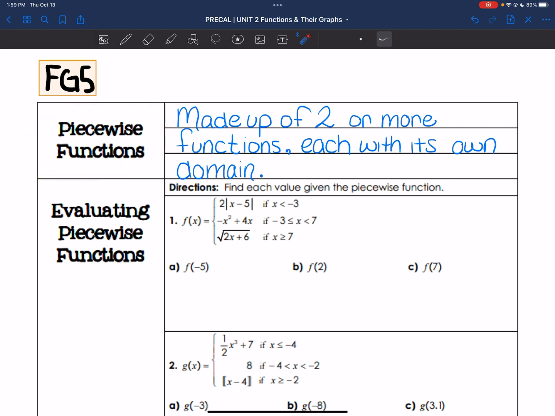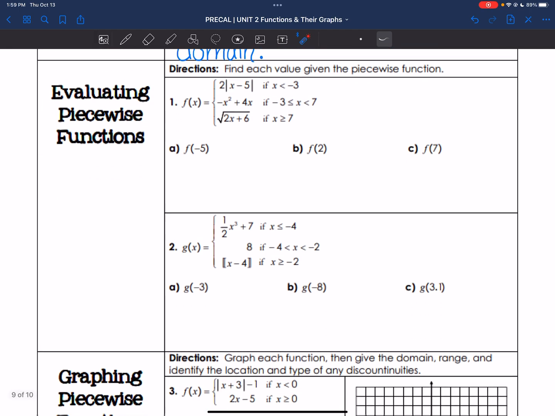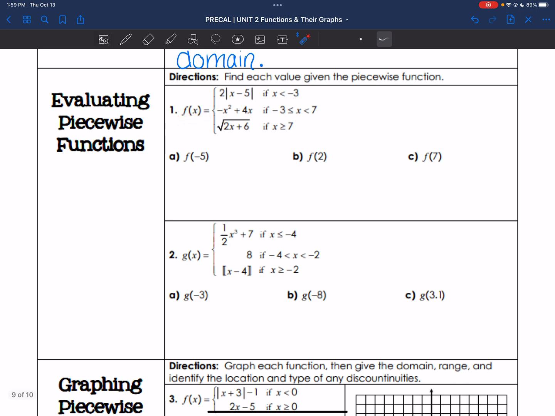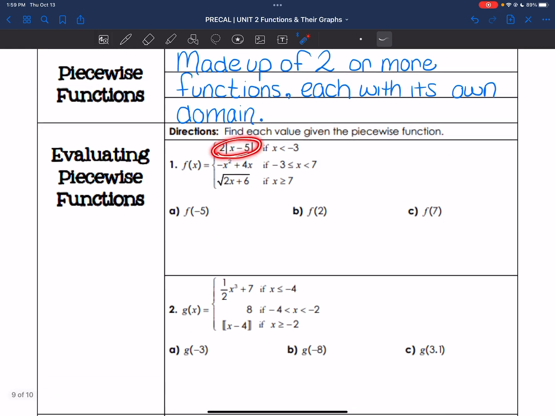They are functions that are made up of two or more functions, and each function will have its own domain. Take, for example, this function here, f of x. It is a piecewise function because it has 1, 2, 3 pieces. It has 3 separate functions. It has an absolute value function, a quadratic function, and a square root function, and for each of those, it has a separate and